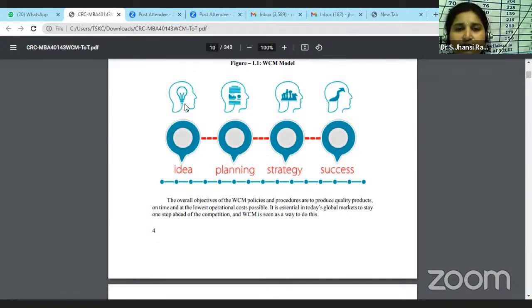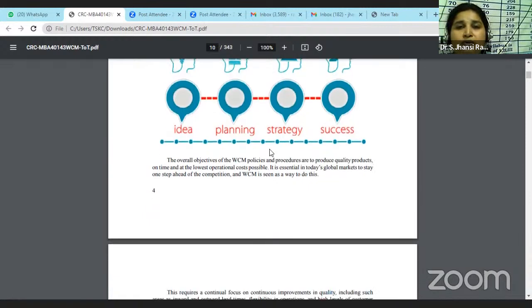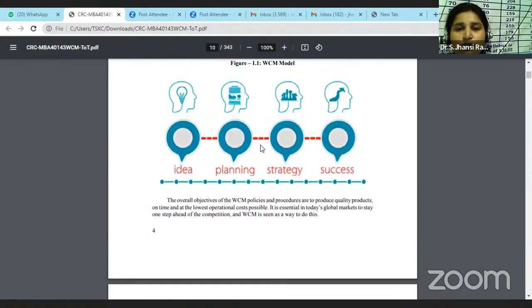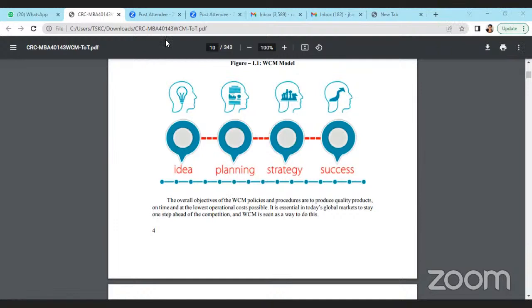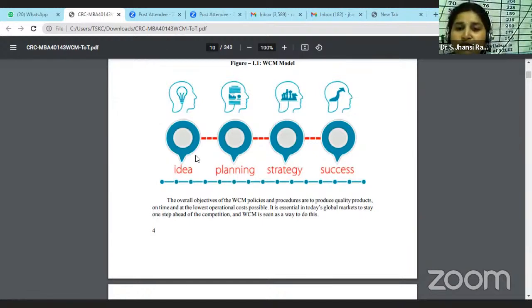That is the reason, if you look here, the first is mind, which is the idea, the bulb. The second one is planning, the third one is strategy, and the fourth one is success. So this can be understood with the help of this image, that the overall objectives of world-class manufacturing policies and procedures are to produce quality products on time